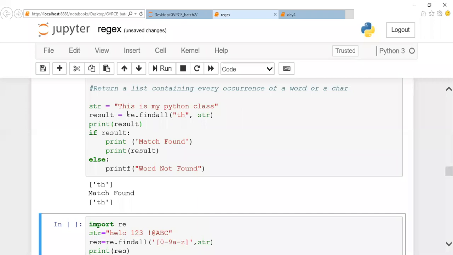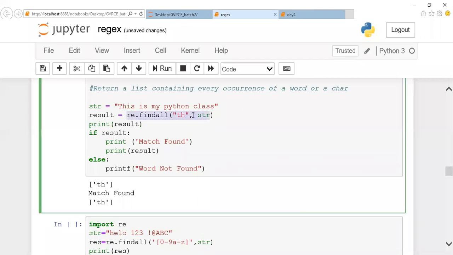So now I'll find out the occurrence of th. Yes, th is there. It is matching exactly at this position. So th will be stored in result. If I write if result, and some element is there, it will give you only true, guys. If the element is not there, then it will give you false. So now the element is there, so this if condition is true, so it will print element found. And I'm just displaying and showing the result here.